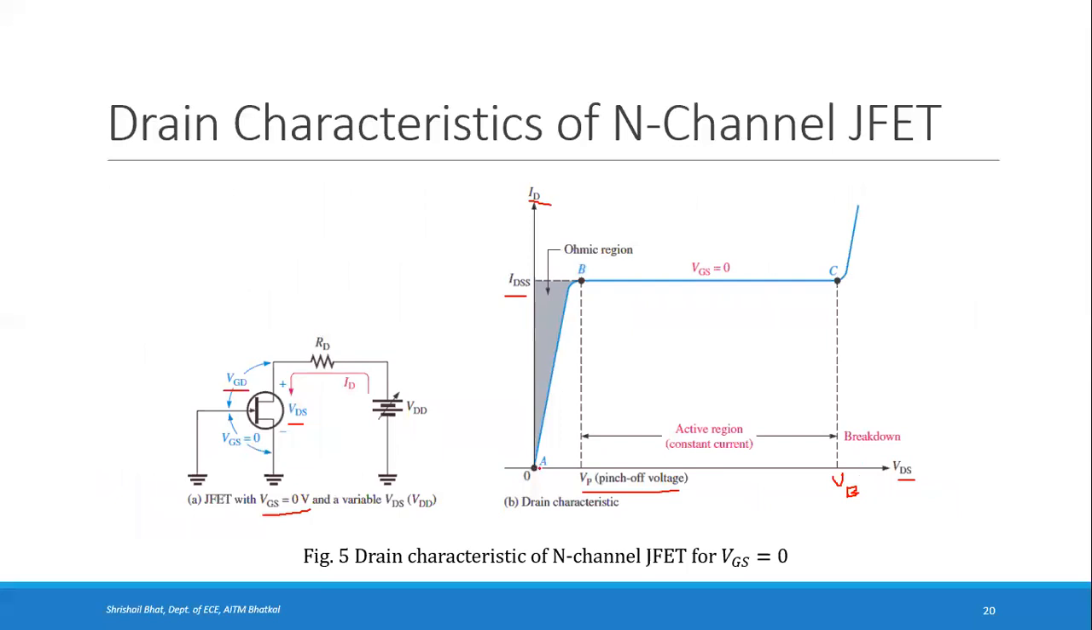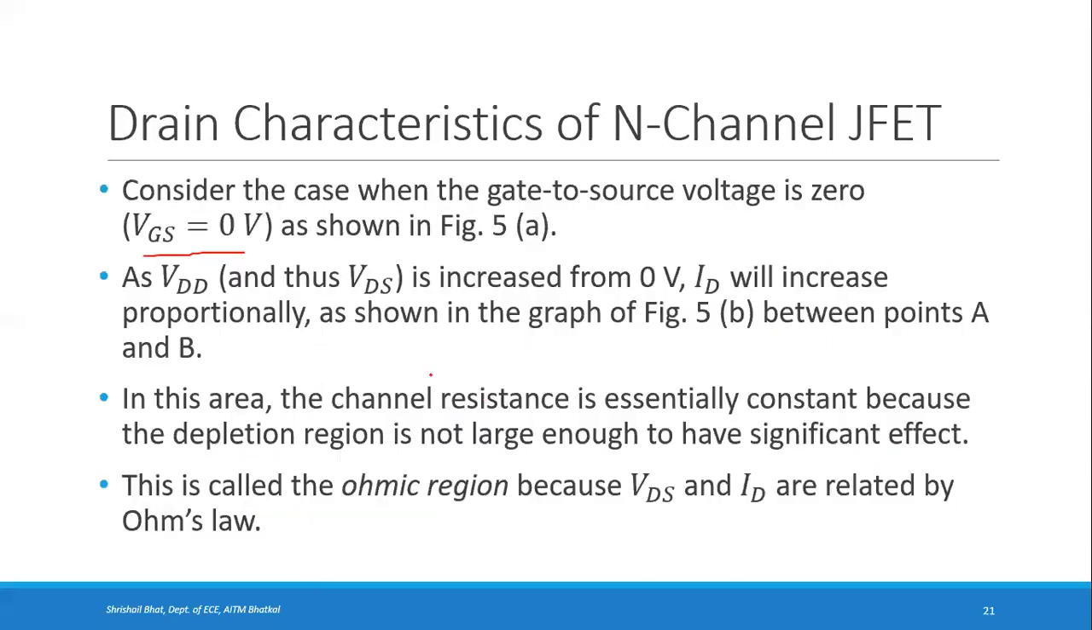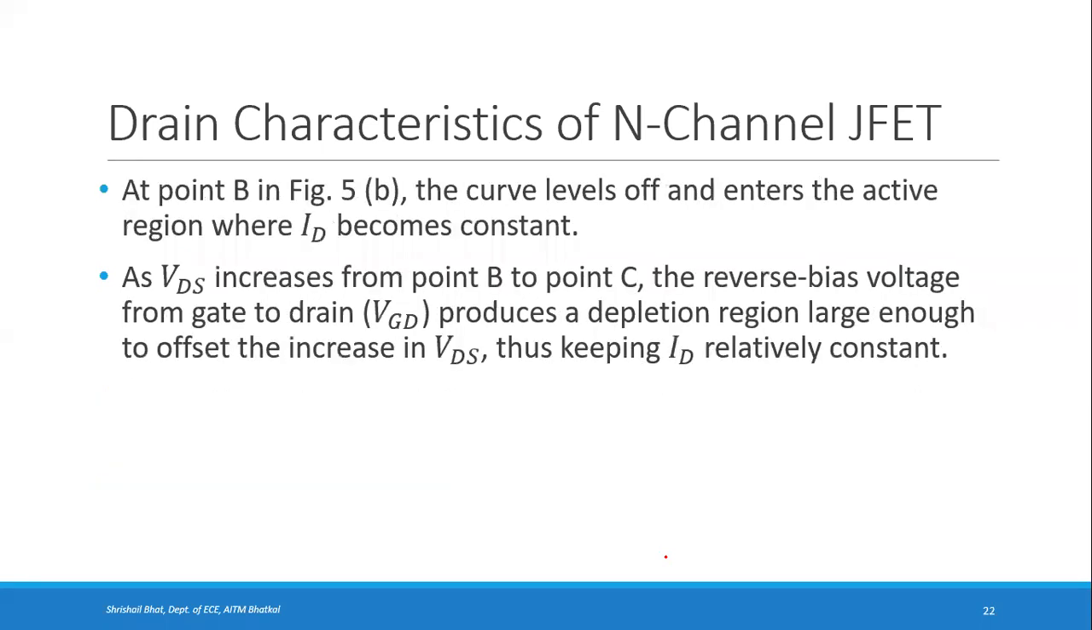ID will increase from A to B. In this area, the channel resistance is essentially constant. It is constant because the depletion region is not large enough to have significant effect. So this is called the ohmic region, because VDS and ID are related by Ohm's law, that is V is equal to IR. Next, at point B, the curve levels off and enters the active region where ID becomes